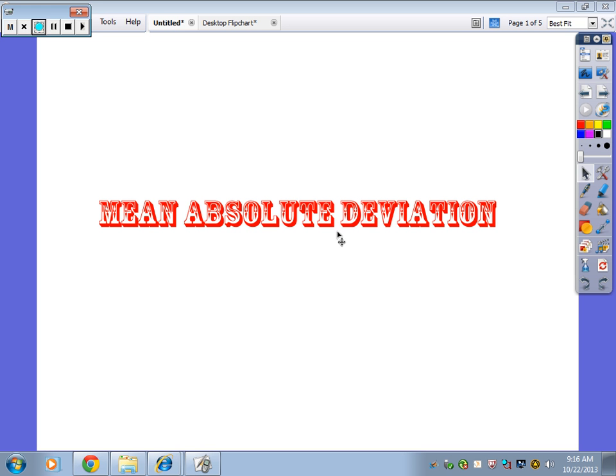All right, today we are going to be talking mean absolute deviation. And it is called that because that's exactly what we're going to be doing. We're going to be taking the mean of the absolute values of the deviation from the mean. Back to mean again. So we're actually going to be using the words mean, absolute, and deviation today,